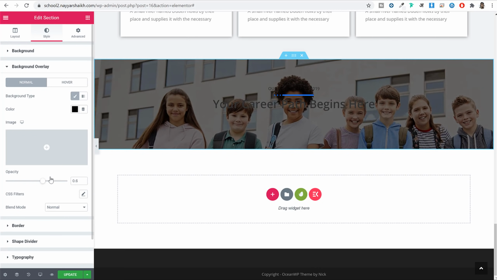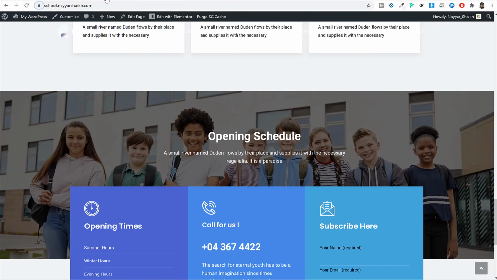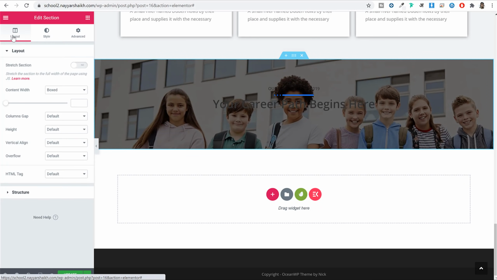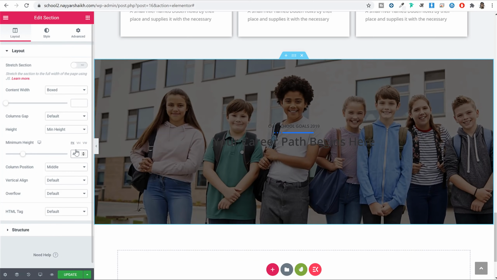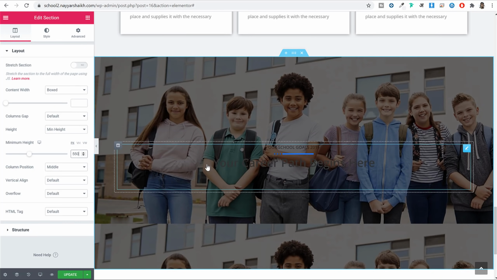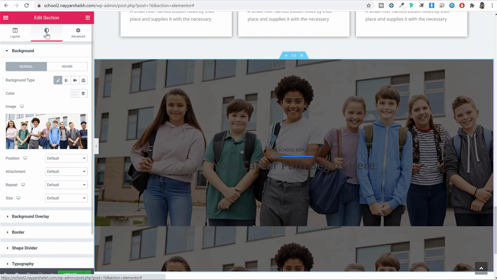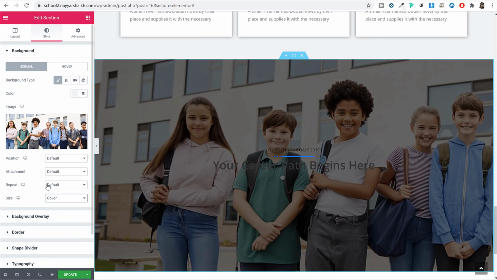Yeah, I think 0.6 looks good. And we also want to add some height like this one. So for this, I'll go to layout and change the height to 400. I think not 400. Let's make it 550. Now, as you can see, the image is getting repeated. So to fix this, you can go back to style, change the size to cover, and repeat, make it